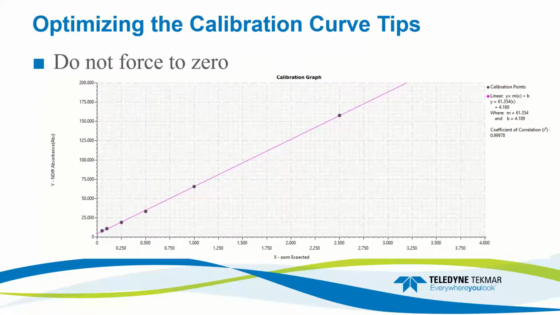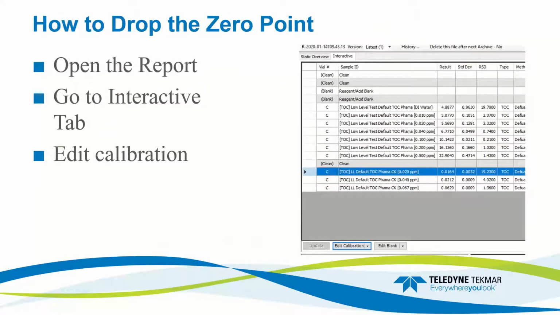So here's an example of don't force 0, as I was talking about. Some of you might ask, how do we not force 0, or how do we do certain things within our calibration curve, or how do we set it up? Well, we can actually go into our report, click on the open report, go to the interactive tab, and edit